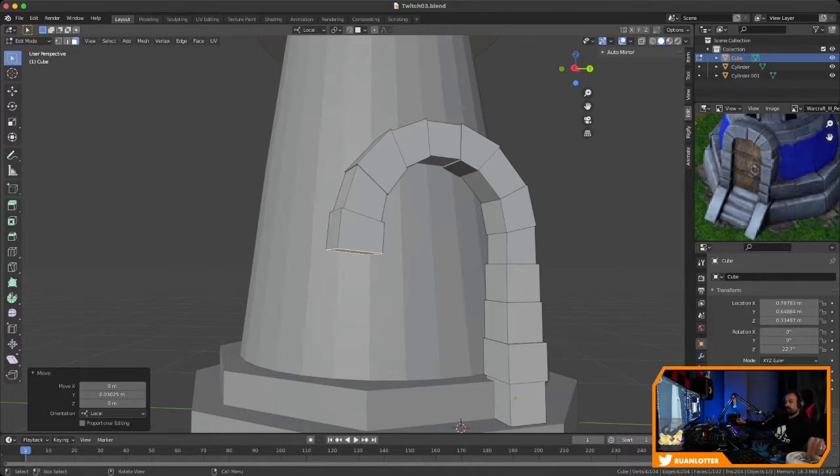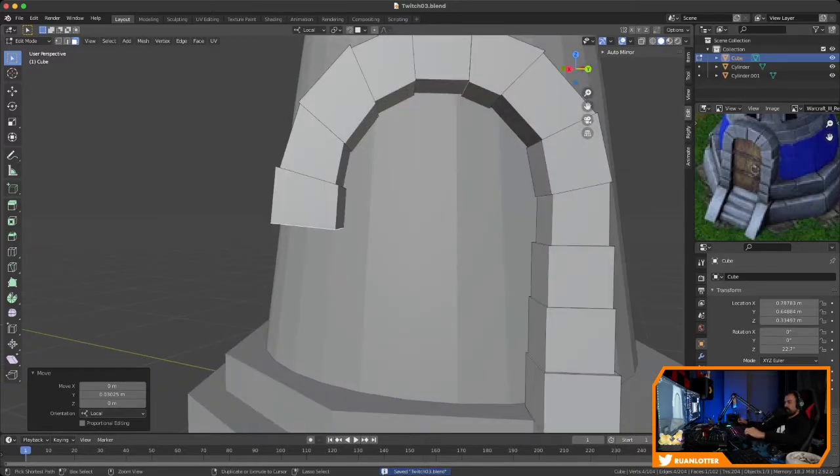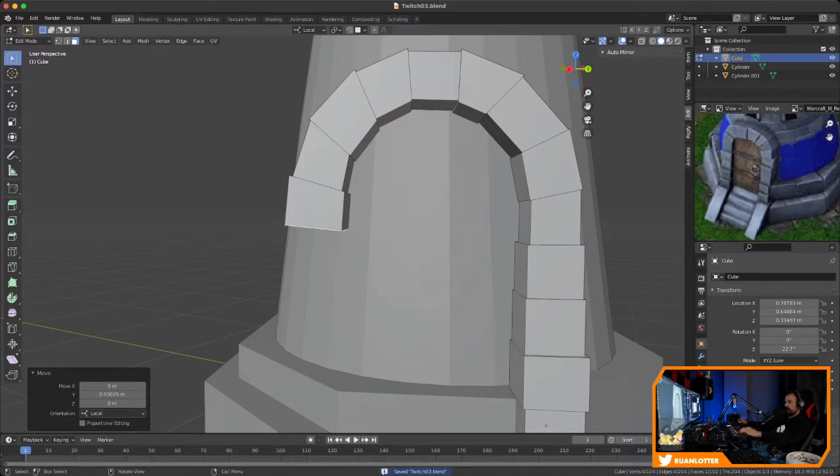All right, so we've got that face. Let me just do a quick save. You never know what's going to happen. And then we're going to extrude, scale. No, before I do that,